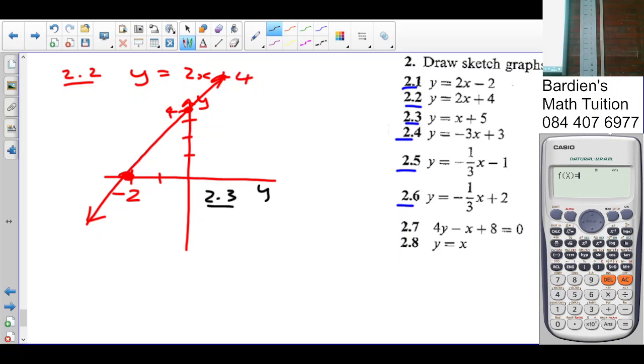You got y equals x plus 5. What's your y-intercept here? What did you guys work out to? 5. And your x-intercept? 5 or minus 5? I also get negative 5 because, listen,